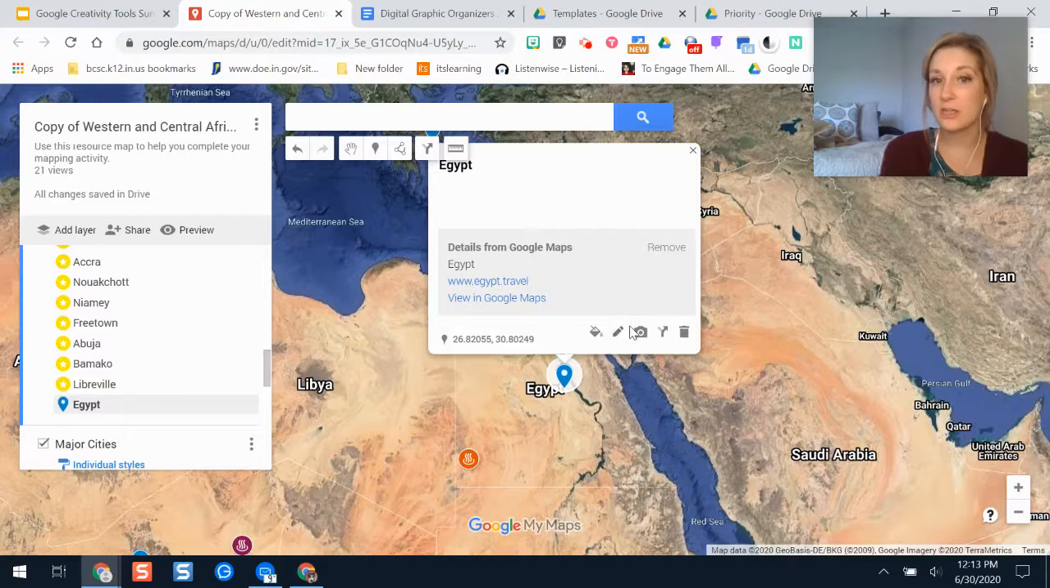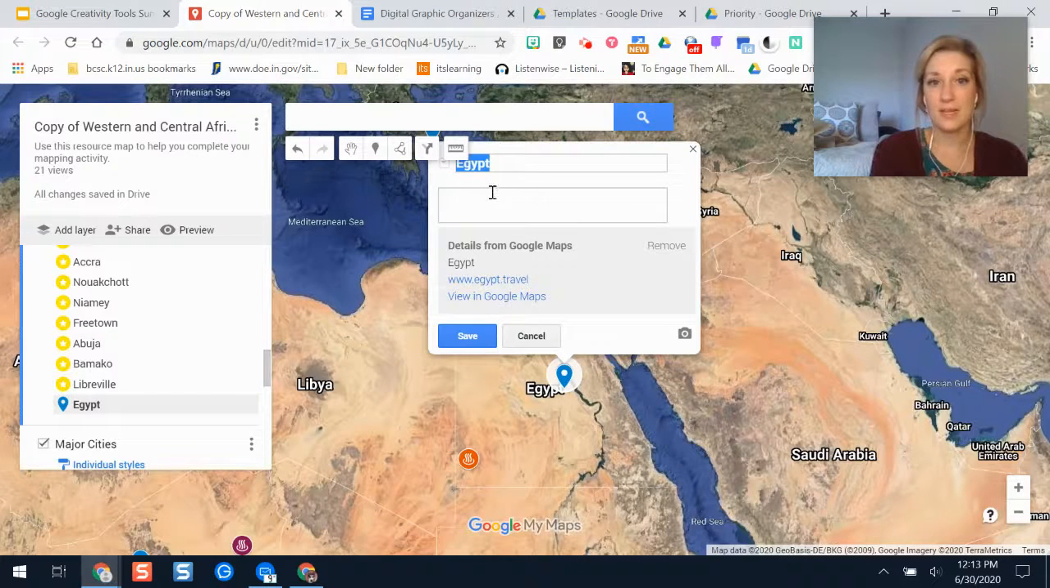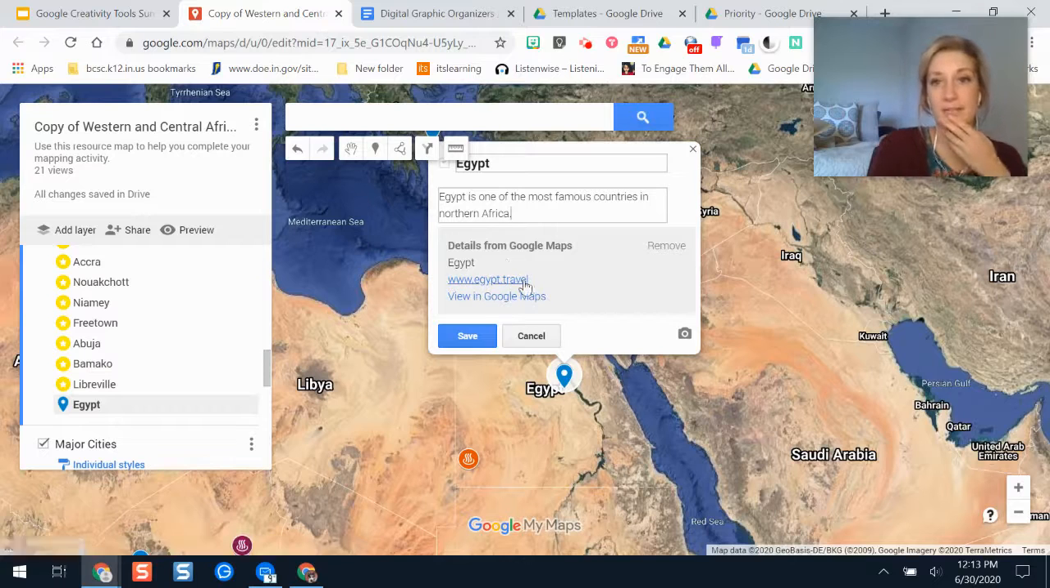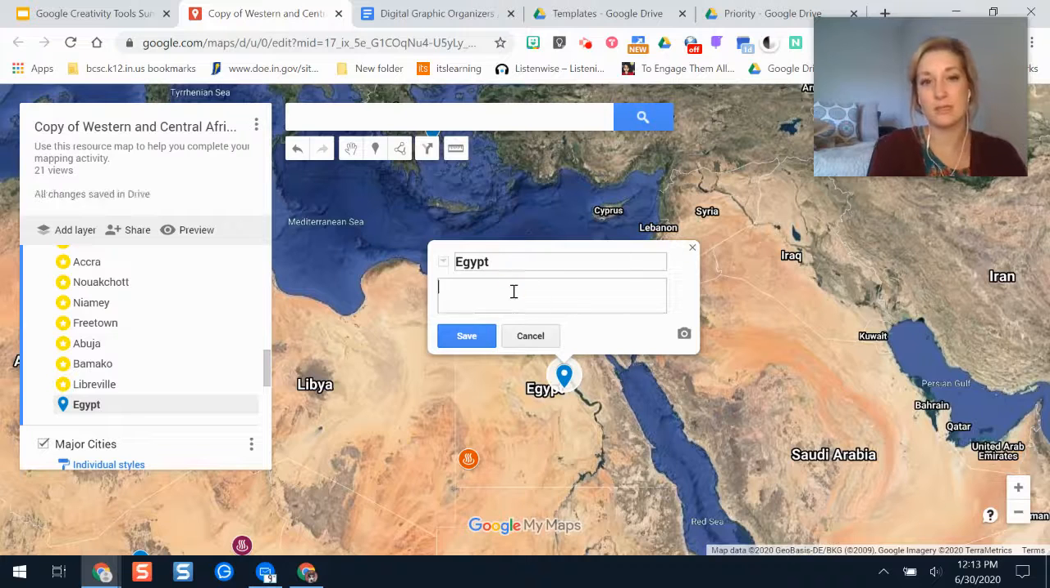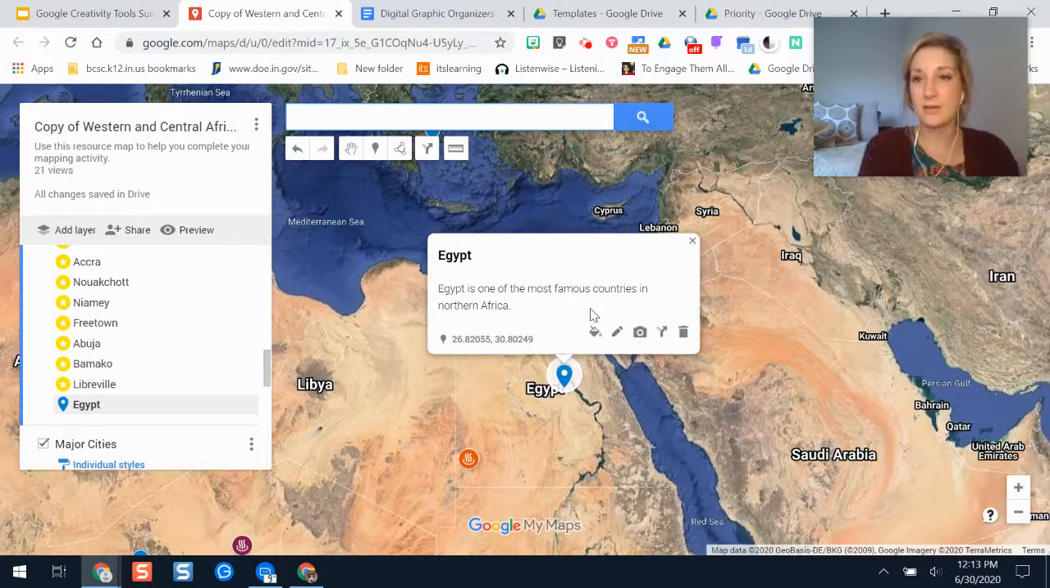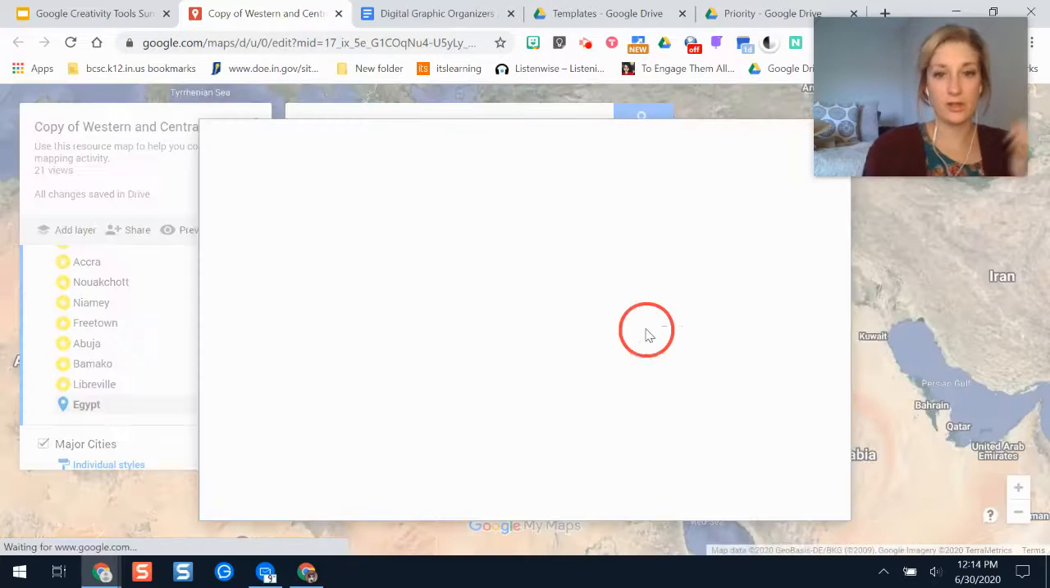Now to add in other information, this is where I can make it a little bit more dynamic and fun. So I can type my own information here. It automatically puts some links in there from Google. If I don't think that's what I want my students to see, I can always remove it. And save. Now, if you're thinking, I don't see any pictures and things there, if I click my picture icon,